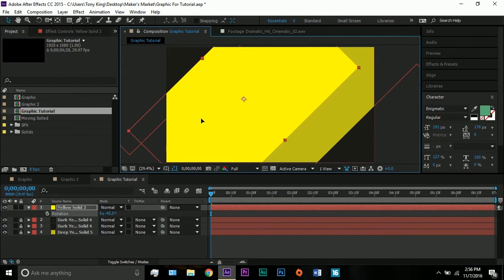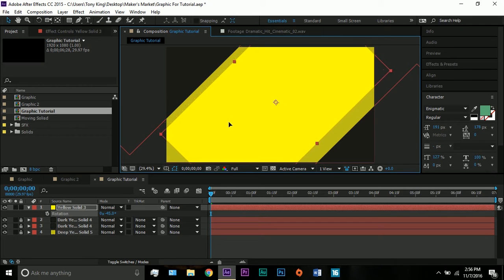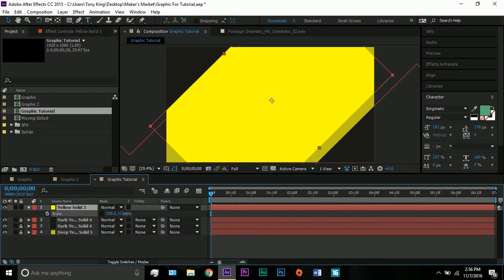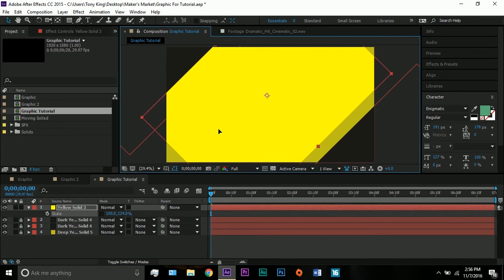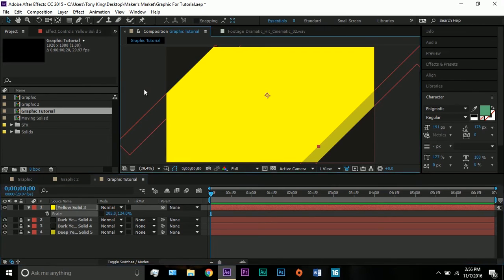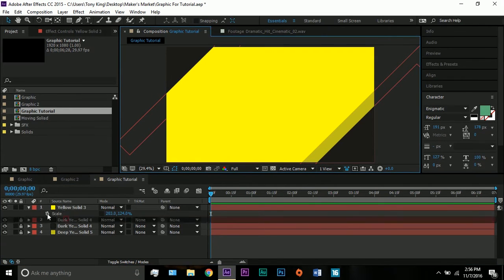And so as you can see here, if I have this, it does not cover the entire screen, neither in height or length. So I'm going to hit S on the keyboard, and I'm not going to keep these locks so that they can actually change separately. I'm going to make it a bit taller, then reposition it here a bit, and then I'm going to make it a lot longer so it covers everything. But I don't want it to be over this other